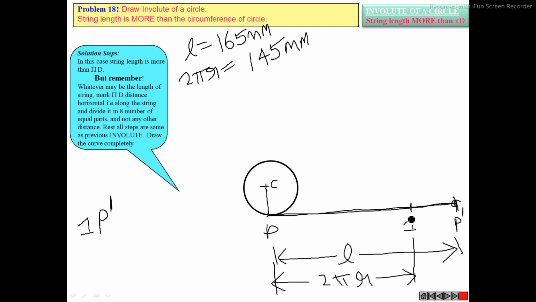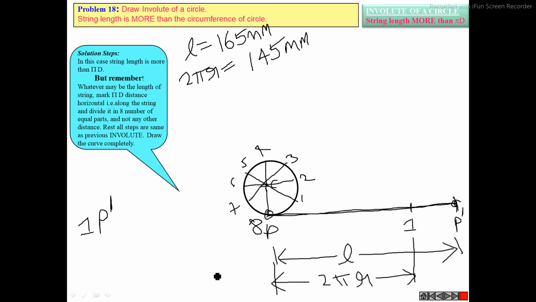Yes, sir. Okay. So the next step is what? Next step is you need to divide the circle into 8 equal parts. Divide it. After dividing it, you need to name those points. Say those points are 1, 2, 3, 4, 5, 6, 7, and this is point 8. Okay. Then next is what? In order to get different locus points of involute, you need to divide a certain length of the line into 8 equal parts by set square method. Correct?